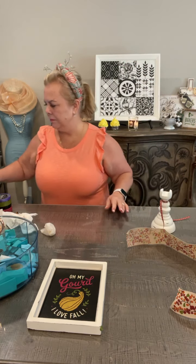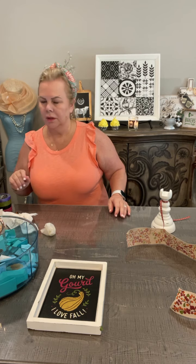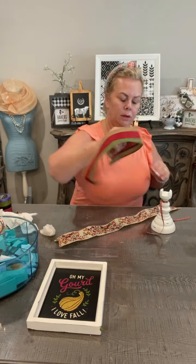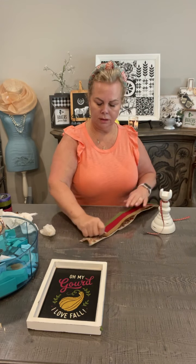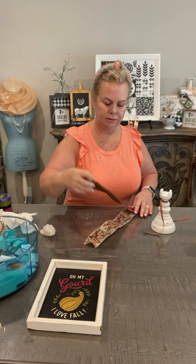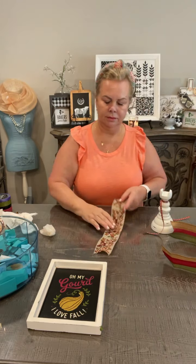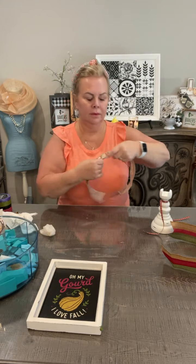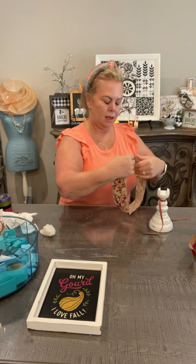Now, you have two different size ribbons, okay? The longer one is the one that we're going to use first, which is this one. Okay. And then,